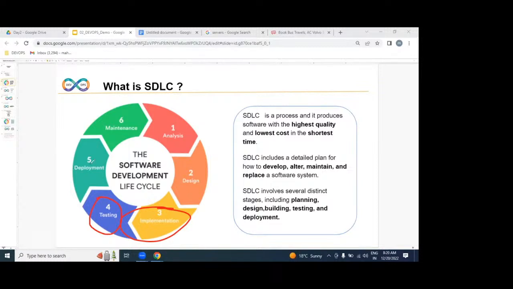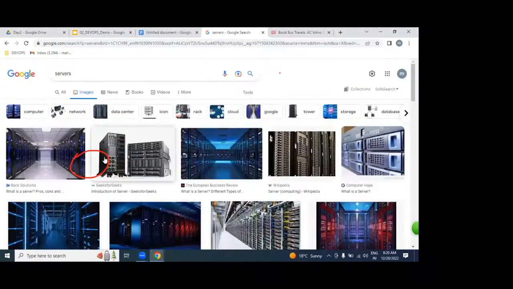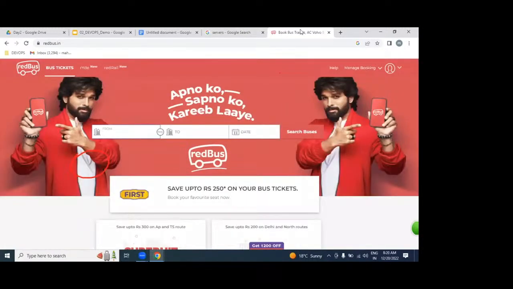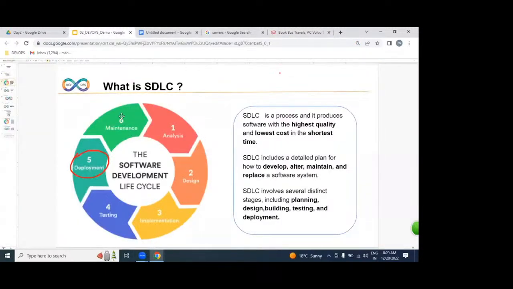Once it is verified, we are going to deploy on hundreds of production servers. Once it is placed on production servers, it can be accessed over the internet as a website. That's it. Whether it is working or not, we are going to monitor and maintain.